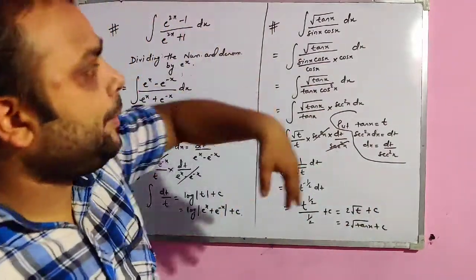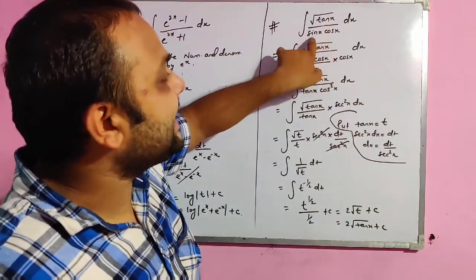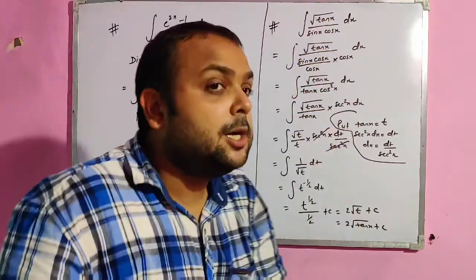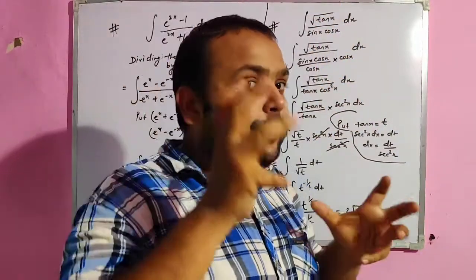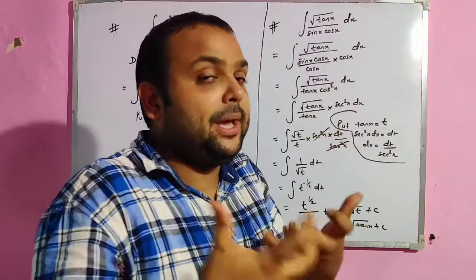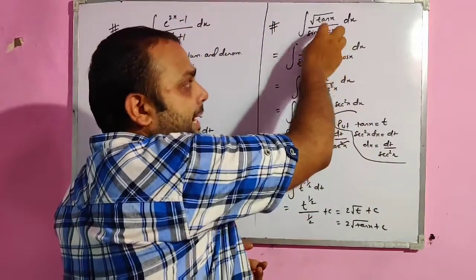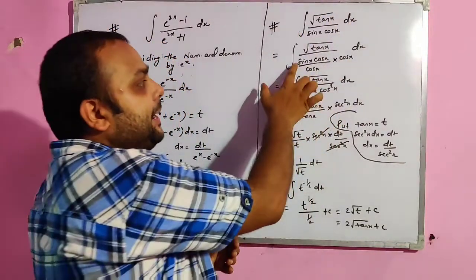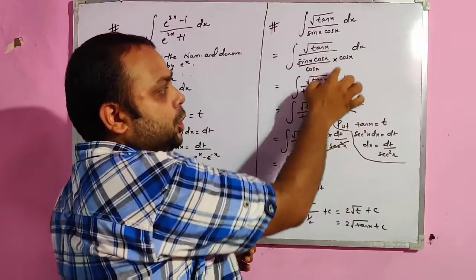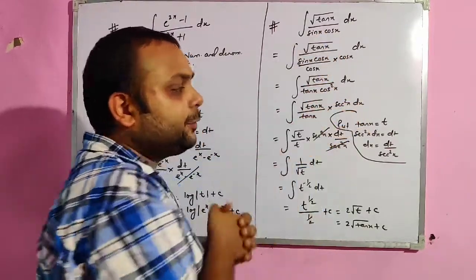Now coming to the trigonometry question, it is a very important question. This is the integration of root tan x upon sin x cos x. So what I have done, as we have tan x in the root, so we are going to substitute that only to make our question easier. I am dividing this by cos x and then multiplying also, like this step. Now sin by cos becomes tan and cos becomes cos square. Now 1 by cos square becomes sec square.